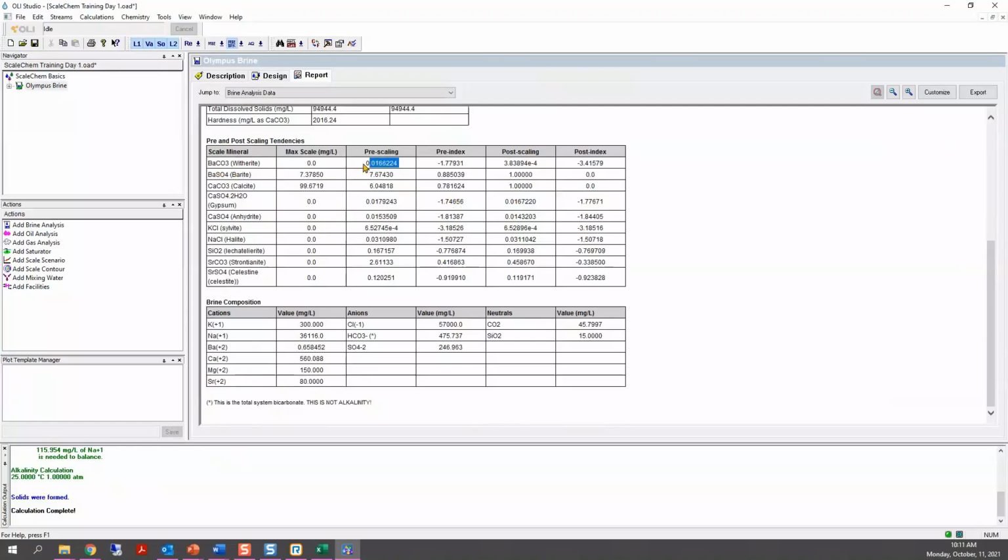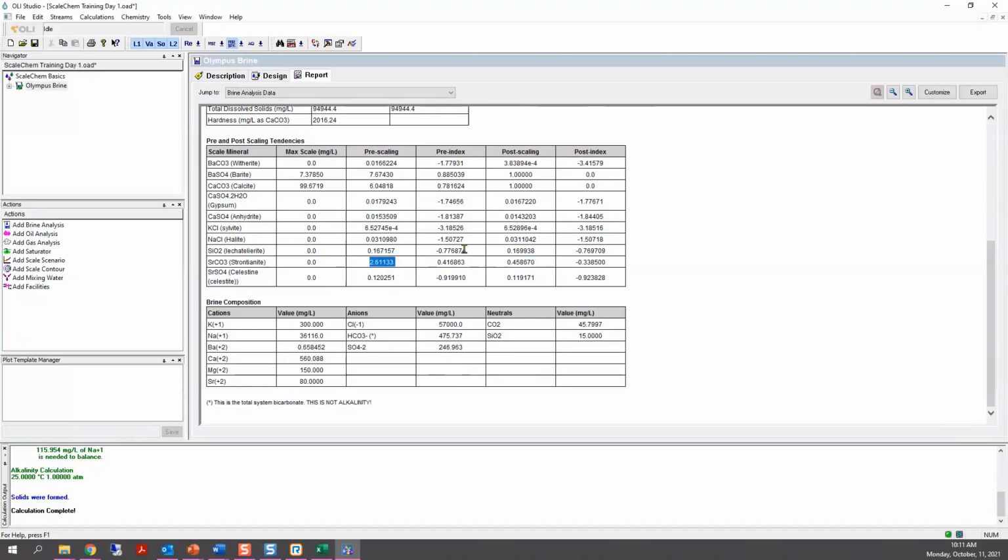So notice that before everything precipitated out, you had a pre-scaling tendency value of 0.016. Now, because you precipitated solids, you remove some of that calcite from solution. So now that post-scaling tendency is much less than the original that was calculated at time 0, right? Same for strontianite, probably. Yeah. You also remove some calcium, or not calcium, carbonate ions from solution. So now your post-scaling tendency is less than the original that was calculated.